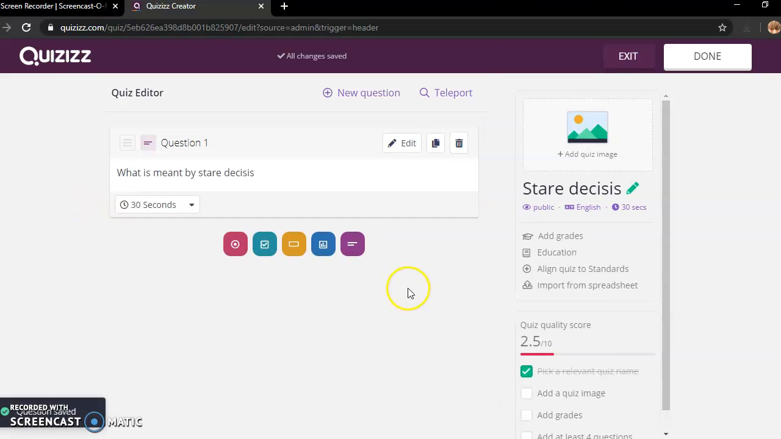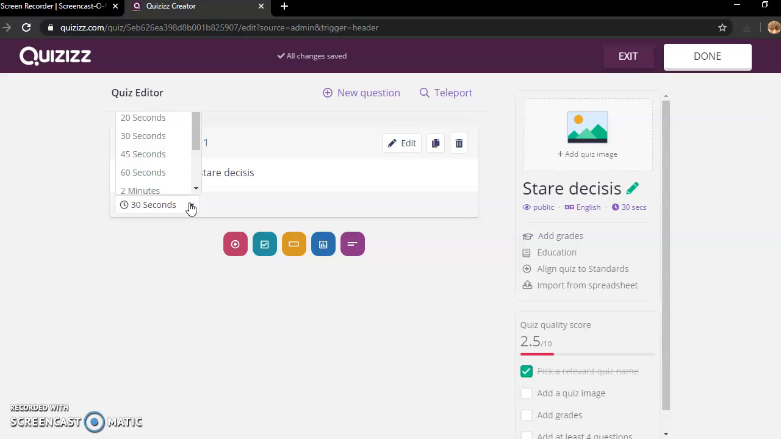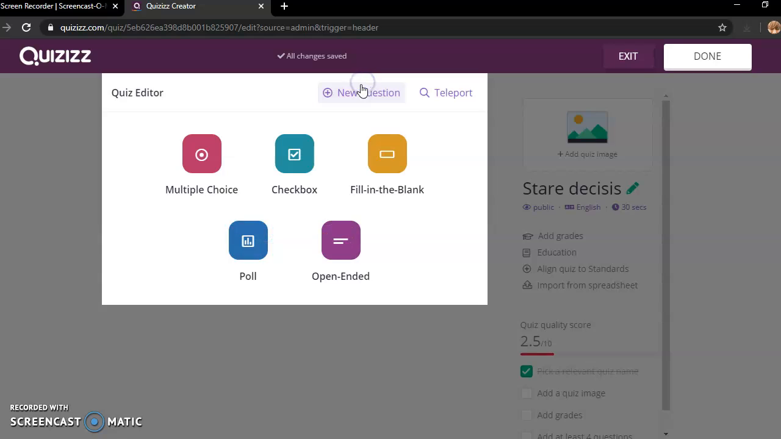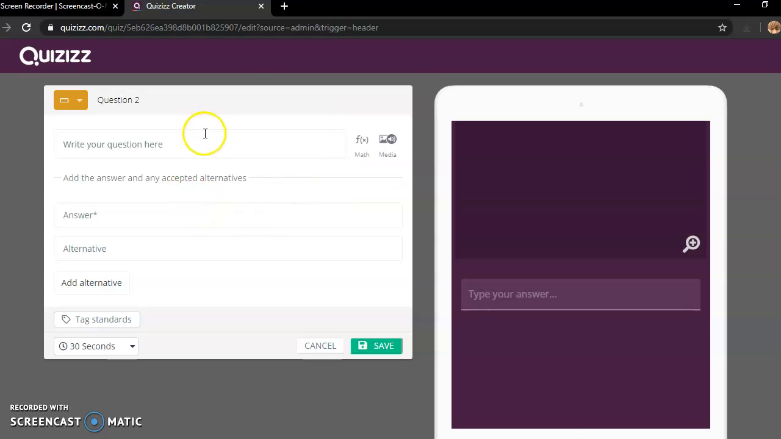Okay, and here you will also get to see how many minutes or seconds you want your students to have to answer the question. So here, these are the options. I'll just put 30 seconds because the question isn't so difficult, and I continue with a new question, and here I will say fill in the blank. All right, another question. What else is there to ask? Application. What is